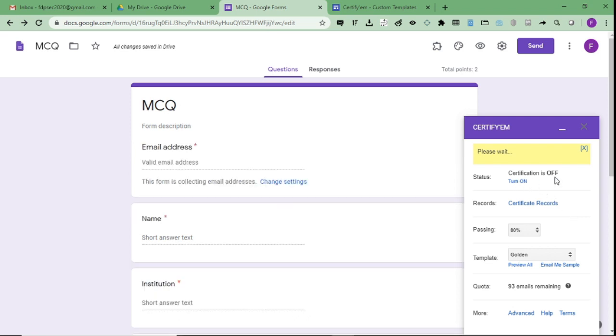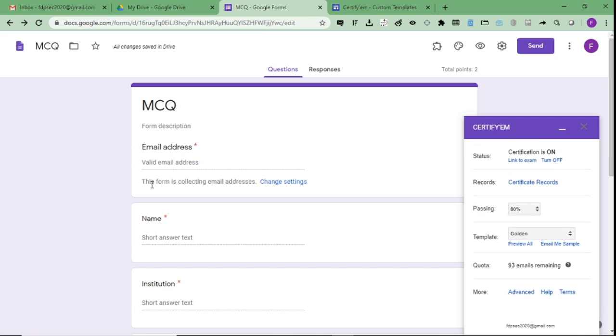Yes, we can see that it has automatically inserted a field here called email address. This is because it is to this email address that the certificate will be sent. So once we turn on the certification, the form automatically starts collecting the email address to send the certificates. Right? So now certification is on.